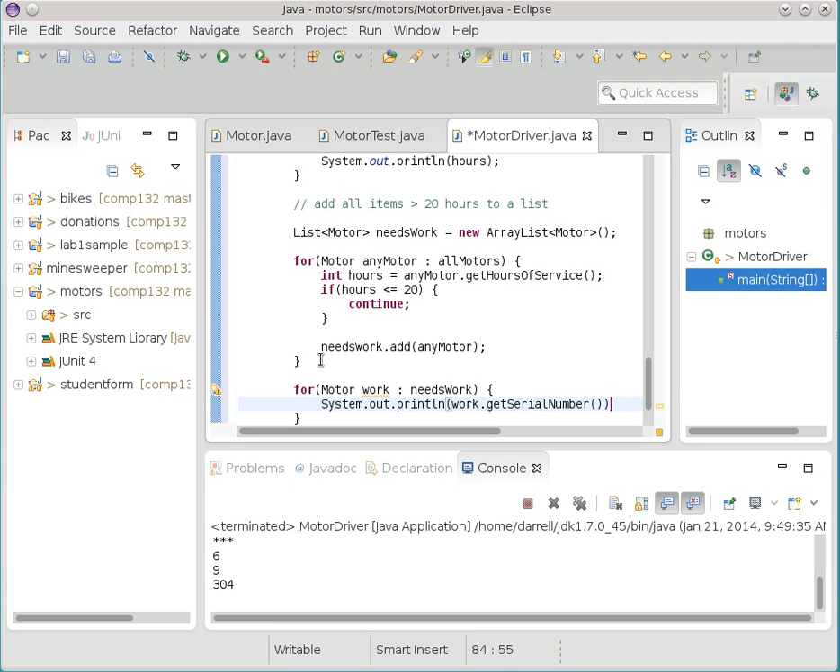Something like that. Print out the serial number for all of the motors that need work. Okay, so there we are going through a different list of things. Questions about that? Do all this belong in the driver? The driver here is just really a test example of a bunch of different scenarios that you would see. So what I'm really trying to do is give you sample code that you can use for doing